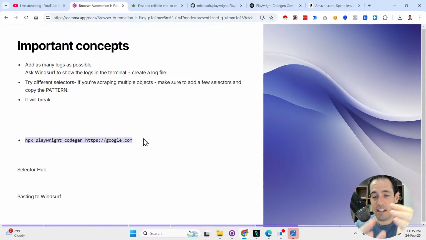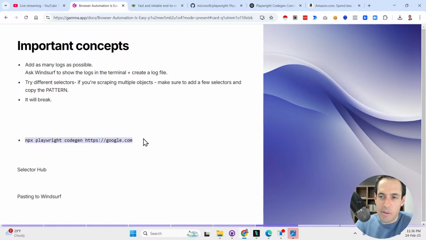So why is this important? In this case, we just had one input box and one button. Pretty straightforward, pretty obvious. But let's say that we have many buttons that we want to click that might be kind of similar. So let's say many Facebook profiles. If you just copy one Facebook profile, it will always go back to the same Facebook profile. So this is why it's very important, if there is a list of profiles that you want to scrape, the whole list, you need to click at least 3 of them,